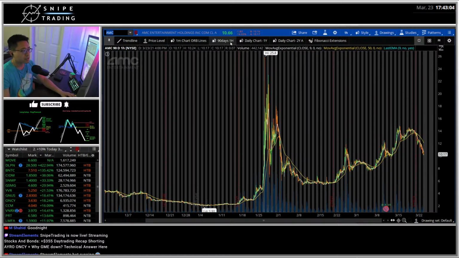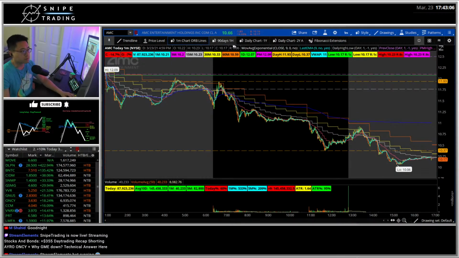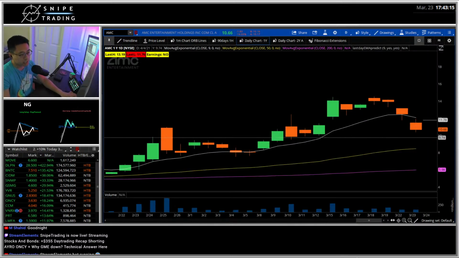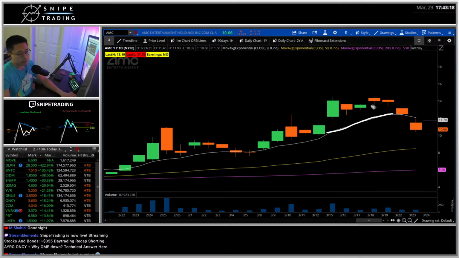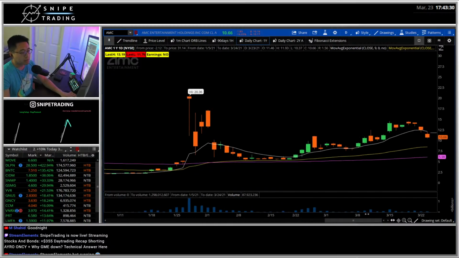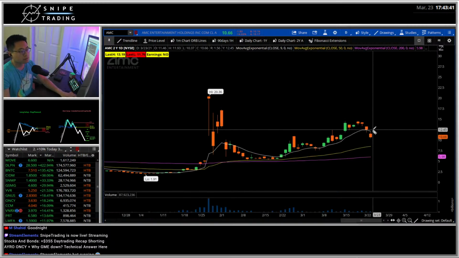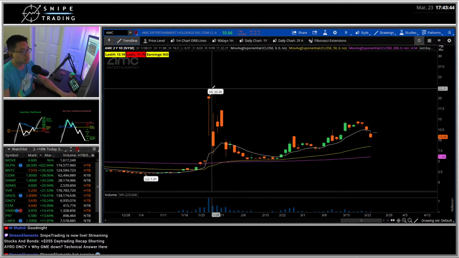Similar to AMC, I actually bought some puts on AMC last week because it was extended. It was extended on the 90 EMA. So every time you get this extension in mid-air on the 90 EMA, it will revert back. And what did happen? You got two days pulling back. And now it's going to be a tough time. It's going to try to pop back up over 12 bucks, but now you have the 90 EMA as a resistance level. So for this chart to fully come back from the dead,